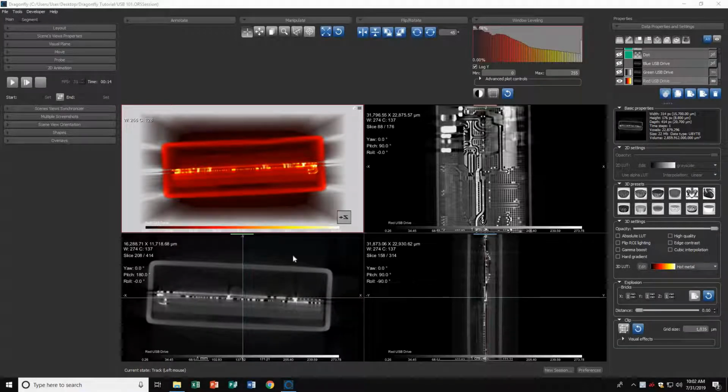Welcome to the Dragonfly tutorial on animation. We can make a movie on Dragonfly in two different ways. The first one we'll look at is 2D animation, which you can find on the toolbar over here to the left